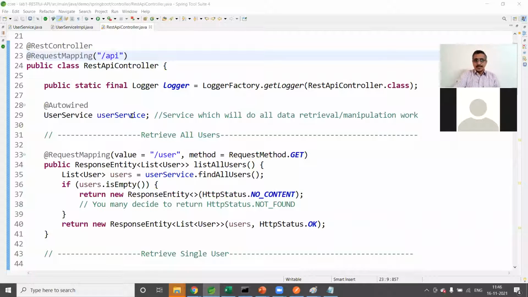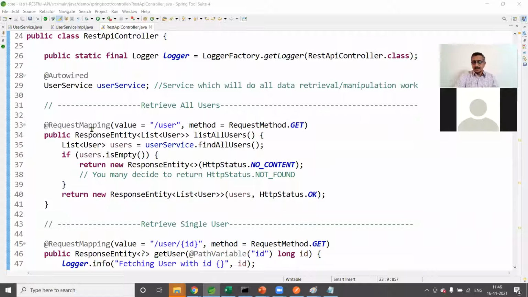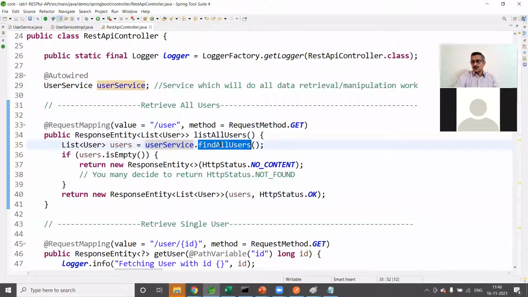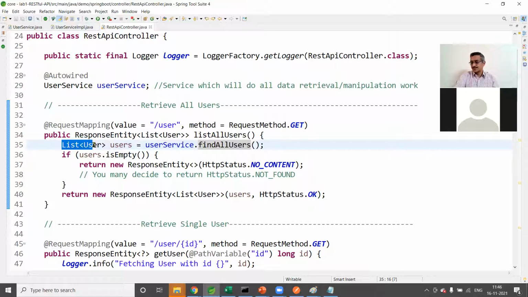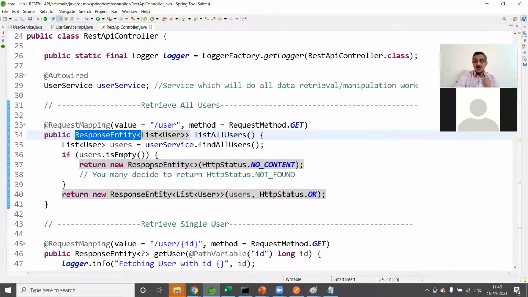Okay. So if you look at this, when we are doing request mapping get for the list of users, here we are going to call userService.findAllUsers, right? This is going to return a list of users. But we are using ResponseEntity here. This is one thing you need to focus on. This ResponseEntity